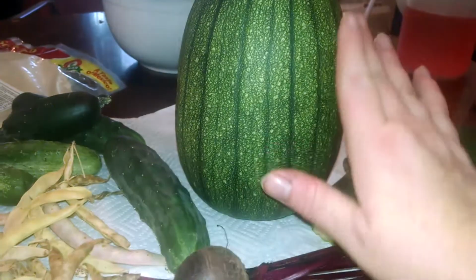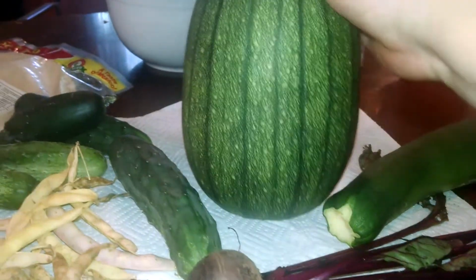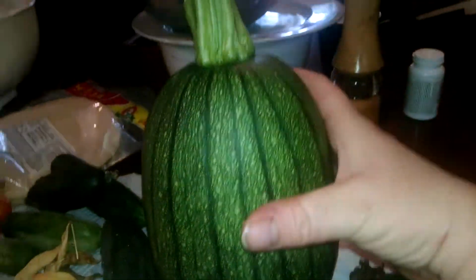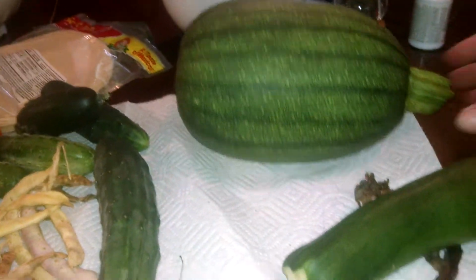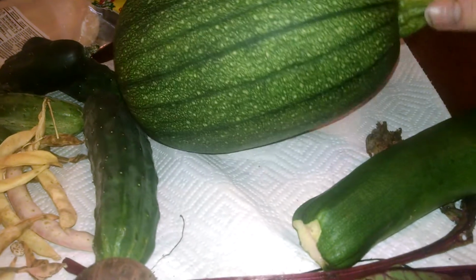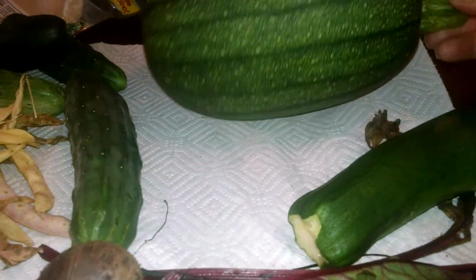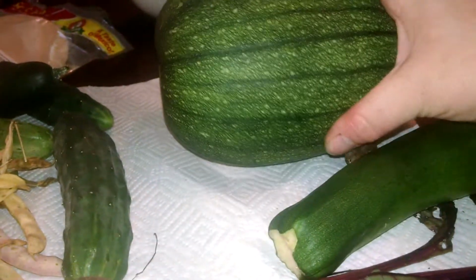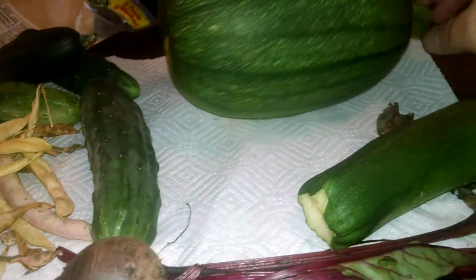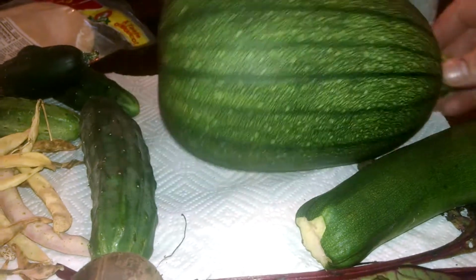But this one is taller. It's not as round as the others. So I really have no idea what this is, or even if I should have picked it yet. Maybe it would have gotten huge. I don't know. It looks like a little watermelon, but it's definitely not a watermelon. So if anybody has any idea what this might be, please let me know, because I have no clue,